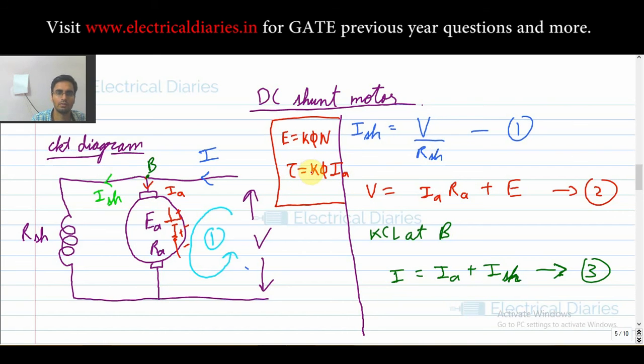In the case of any motor, you should remember these two equations and the general circuit diagram, and you will be able to solve everything. Like I told you, for the DC shunt motor, you can treat it as a constant flux motor if V is not varying. So this relation is modified for the DC shunt motor to E is directly proportional to N. With this correlation, you can easily solve many things. That is how you should tackle questions, and this is all you should remember to solve many questions.